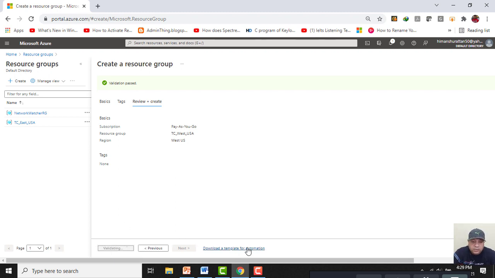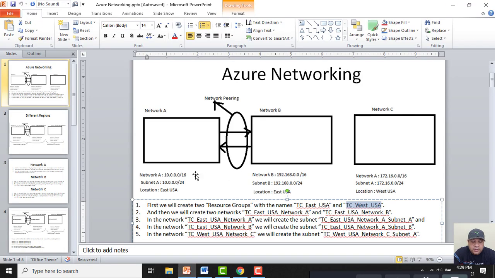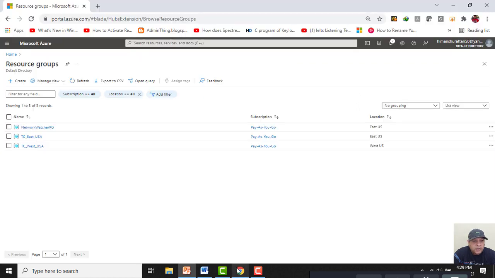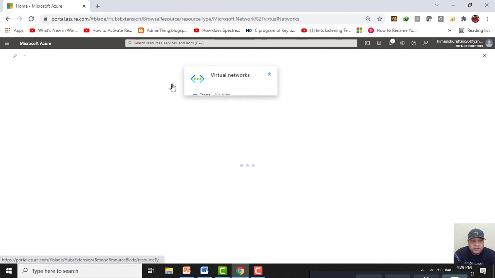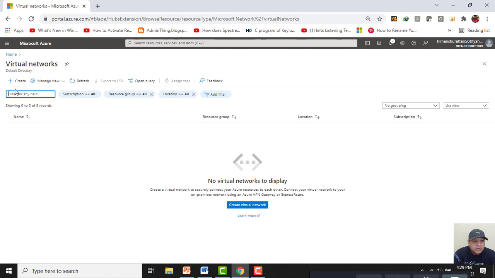Now I will create two networks, network A and network B, in the resource group East USA. I will give my network the name TC_East_USA_network_A, and we will be using the IP address series of 10. I see that both the resource groups have been created. To create a network, click on home, click on virtual networks, click on create.